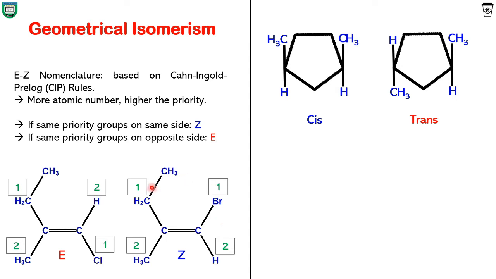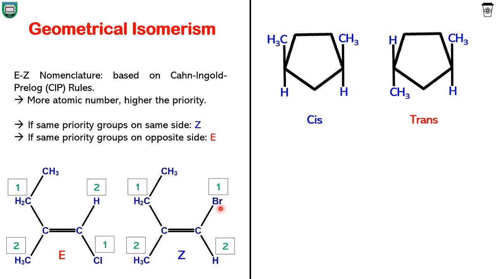So let's look at this isomer. These two carbon atoms are sp2 carbon atoms, that is, a double bond is present between these two atoms, and let's assign priority to the ethyl group and methyl group. First, this carbon is directly attached to carbon. This is also attached to carbon at the bottom side. So then we continue to the next atom. This carbon is again attached to two hydrogens and one carbon, while this carbon is directly attached to three hydrogens. So compared to three hydrogens, two hydrogens and one carbon is a higher priority. So we assign 1 and 2.